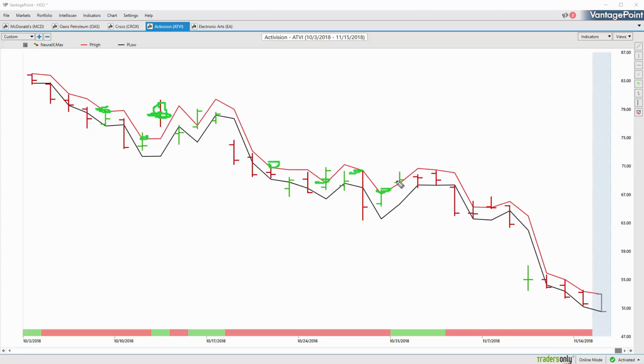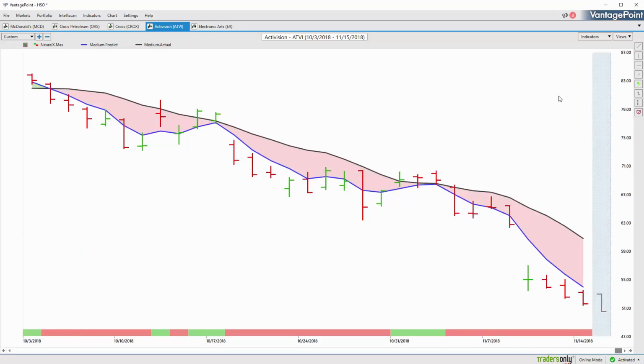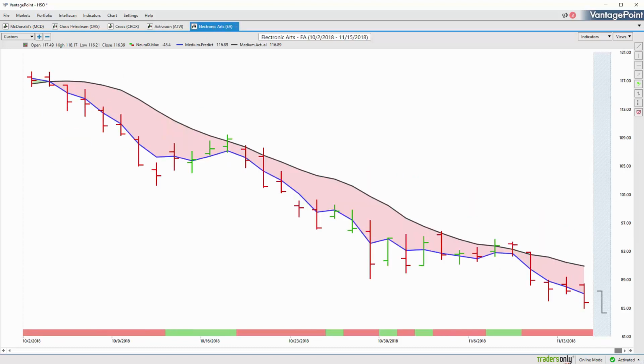And you see as this market trades forward, the levels really come in very well over the longer term so that you can keep trading this market, adding to your position and making the most of that opportunity. So really nice opportunity to the downside here in Activision shares. Obviously this past week, things got even more bearish. Again, over 35% decline. And here in EA, you see a very similar chart. So you understand, look, something big's going on in this sector. You definitely don't want to be getting long EA, Activision, these video game companies,